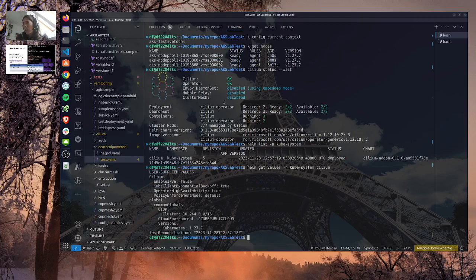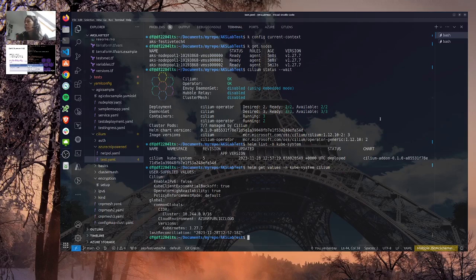And we have a very basic configuration. Okay, environment Azure Public Cloud, Kubernetes version, and we don't see anything configured yet. Operator availability true, policy enforcement mode default, global. Okay, so that seems to do the job.